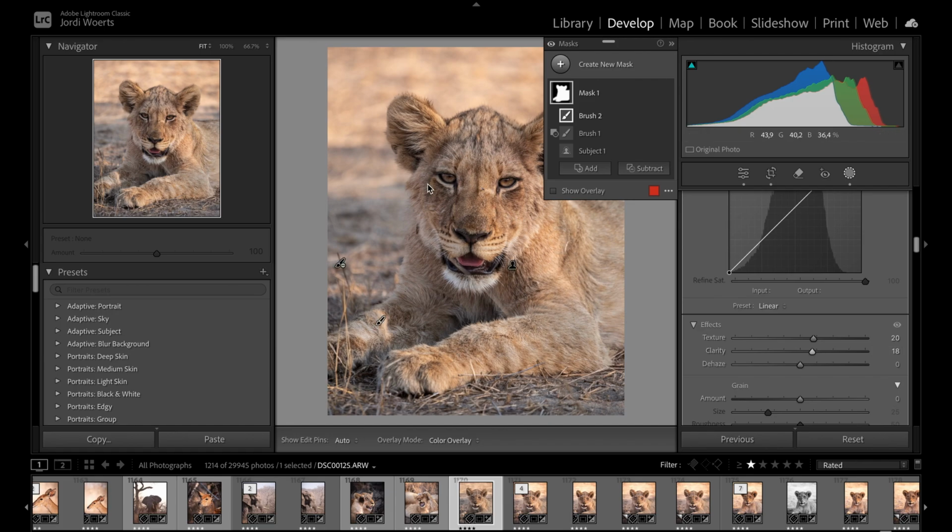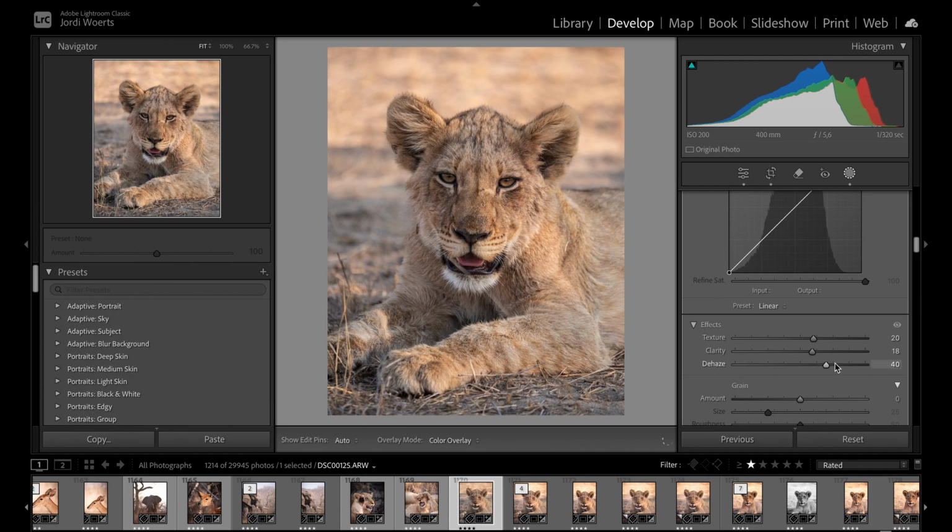All right, there we go. You can see already, especially just below the eyes, you see quite a lot of change. And then I like the texture and the clarity a little bit more. The line pops a little bit more, if that makes sense. All right, and then we're gonna play with dehaze. If I put it all the way up again, the change is gonna be very hectic, and that's not what we want.